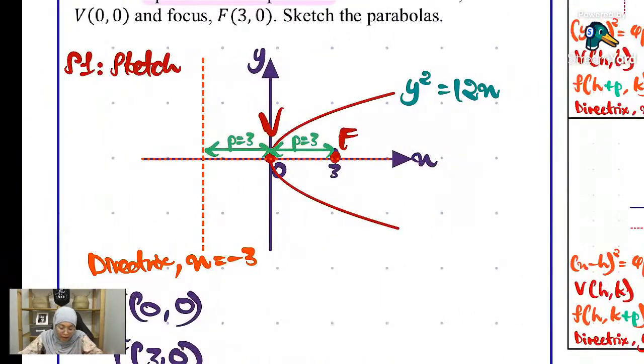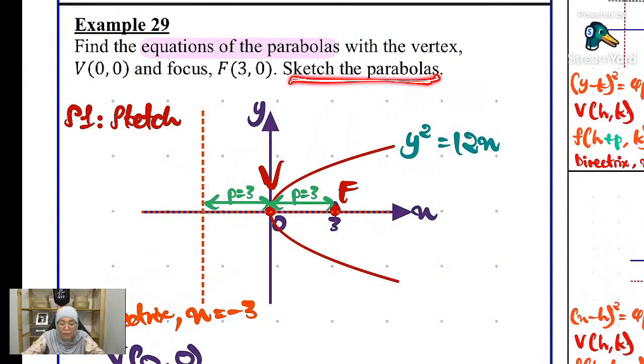Alright. So in my opinion, I love to sketch first. Even though soalan kata sketch ni pada hujungnya, and disuruh cari equation of parabolas dulu. I know it. But my way of doing parabola and ellipse is actually from sketching. Okay, not keluarkan formula dan cari etc. No. Okay, so I teach you sketching dahulu untuk parabola, and then you try to apply in ellipse in other kind of questions tutorial nantilah. Okay, so sketching dulu adalah bermula dengan